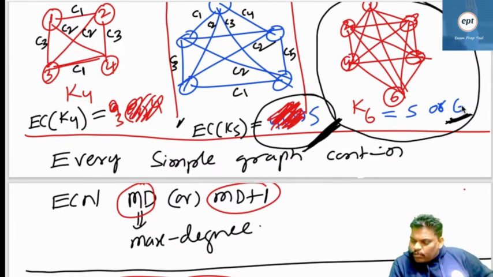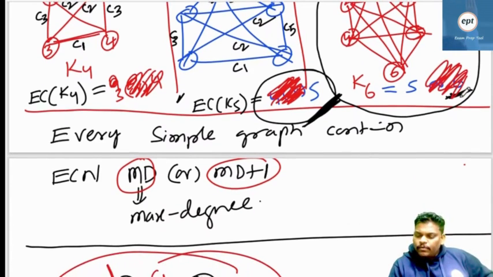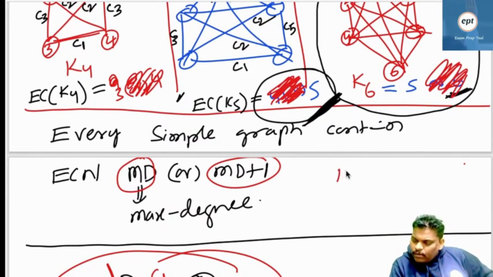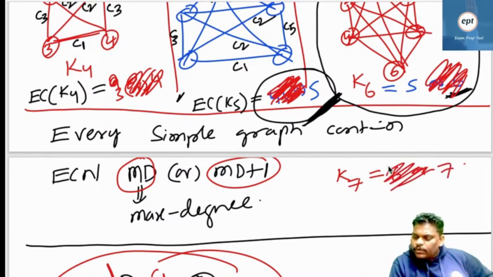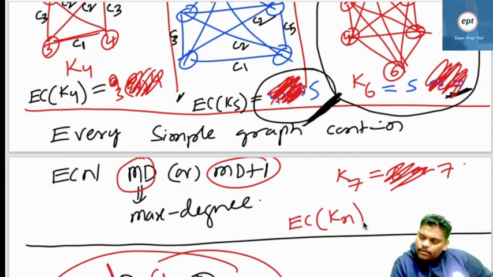And one more thing, listen. K6, 5. Verify properly. And one more thing. K7. What is the answer here? K7, 6 or 7? The answer is 7. So remember, edge chromatic number for Kn is equal to n minus 1